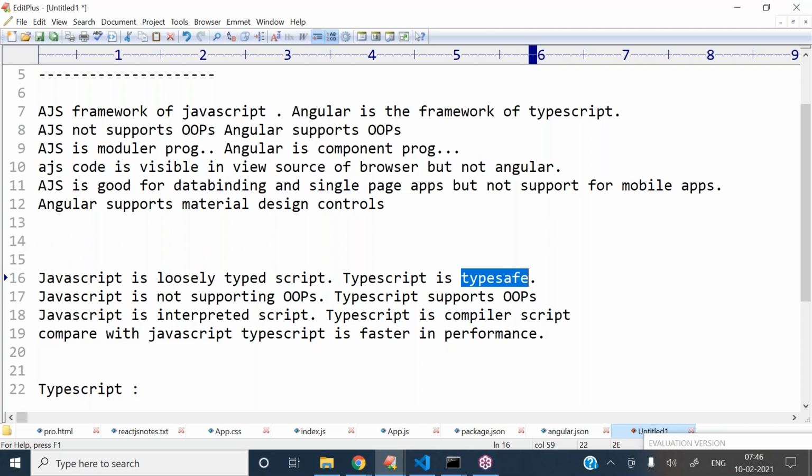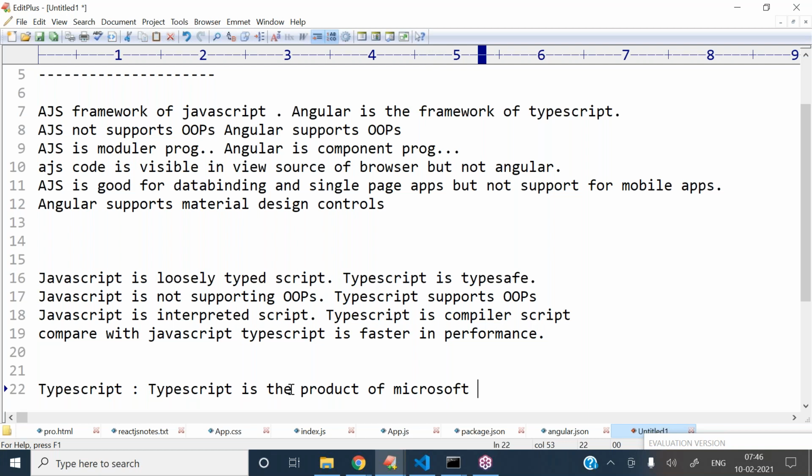So here I'm discussing the concept of TypeScript. TypeScript is nothing but a superset of JavaScript. TypeScript is a product of Microsoft. Who implemented TypeScript?